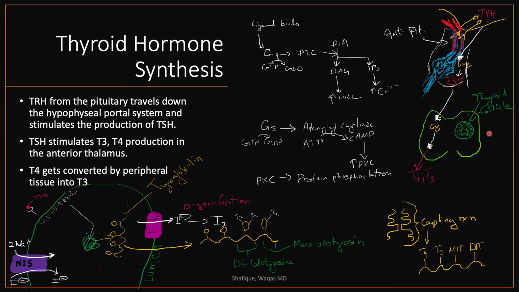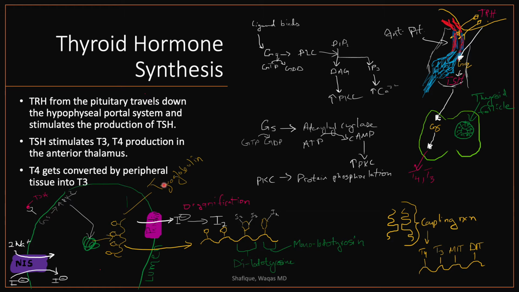The thyroid gland is made up of little thyroid follicles seen over here. The thyrocytes go in a circle and form a little lumen inside, which is filled with colloid. So once the TSH comes and binds to the receptor, activating the thyrocyte to make more proteins, the three proteins